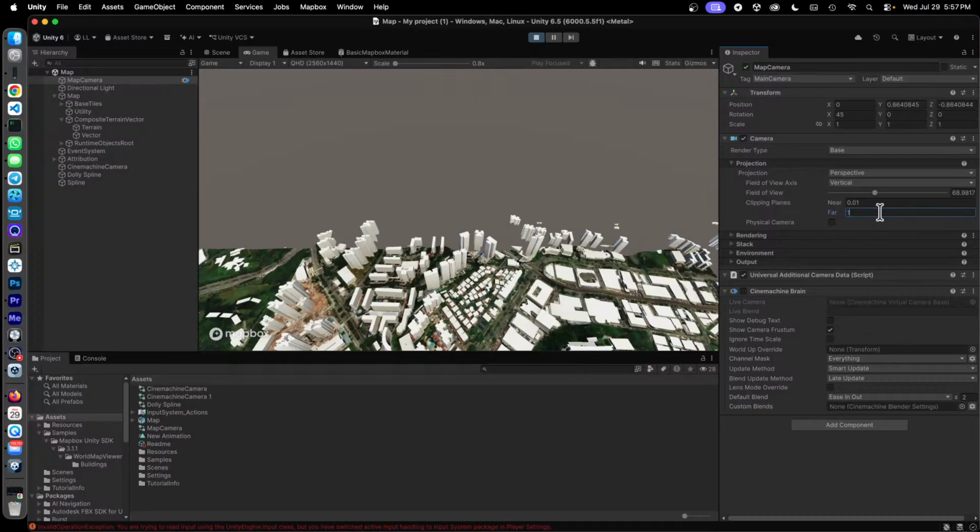This means that it will clip all the buildings, all the items, all the polygons, all the satellite base layer at a distance of 1 unit. Anything further than that, it will clip. Anything less than 1 unit, it will show. That's why we are seeing things closer to the camera, and things further away disappear. Previously, it was quite high, meaning that we could see everything. Now it's smaller. We can see only part of the map, which is okay, because when we start this map,